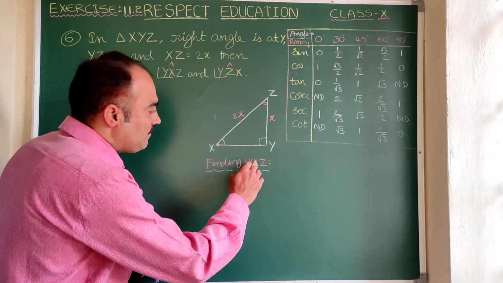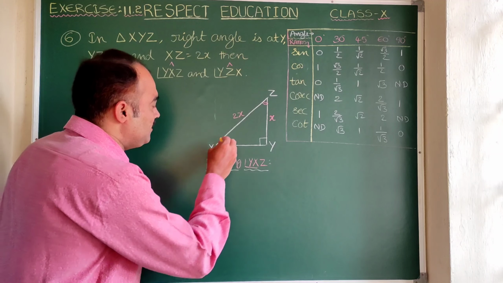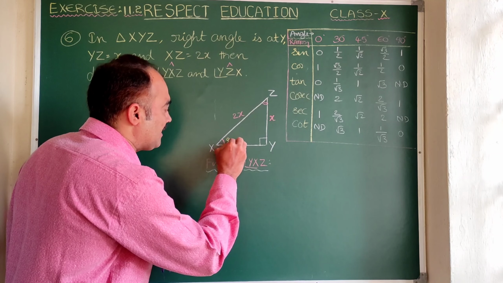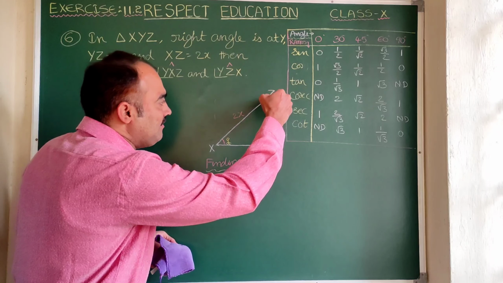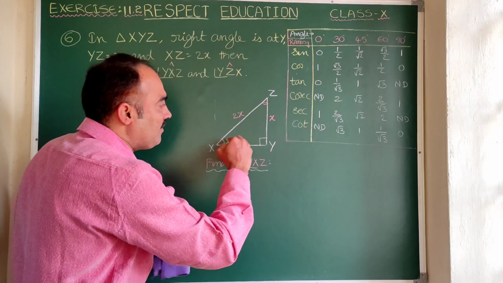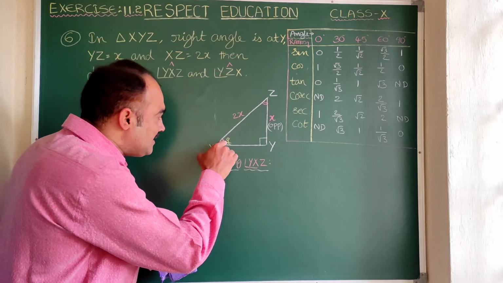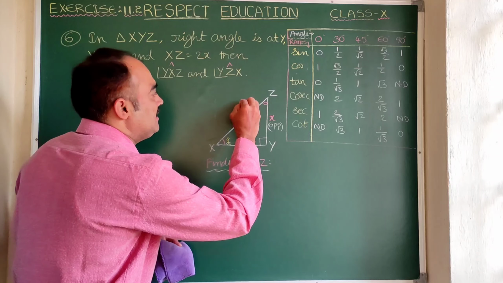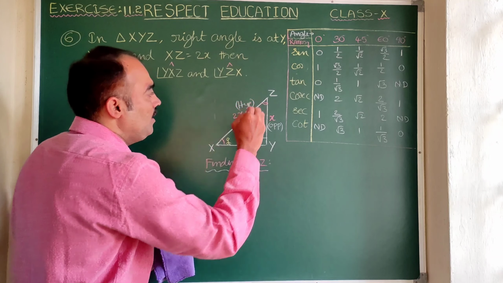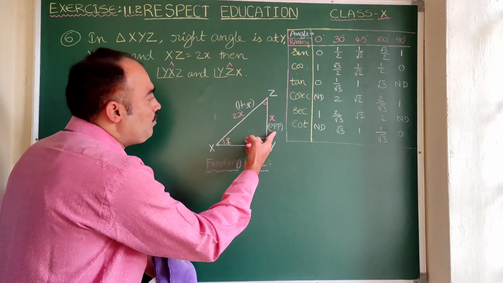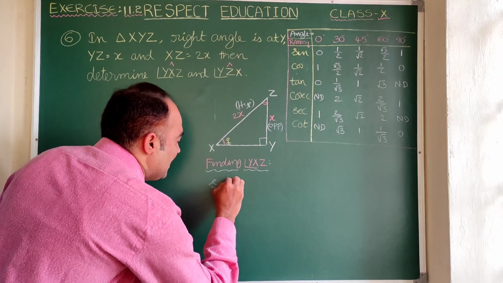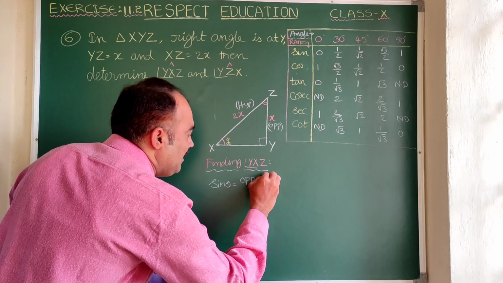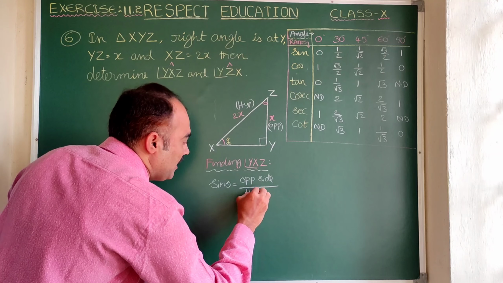As you are finding the angle at X, just visualize that we are standing at X. Clear? If you stand at X, then what is the given ZY for X? Opposite side. Yes, this is the opposite side. I am writing OPP. And for this angle, what is ZX? Hypotenuse. Now, which trigonometric ratio is suitable for opposite side and hypotenuse? Sin theta. So here let us apply sin theta. Sin theta is equal to opposite side to theta by hypotenuse.